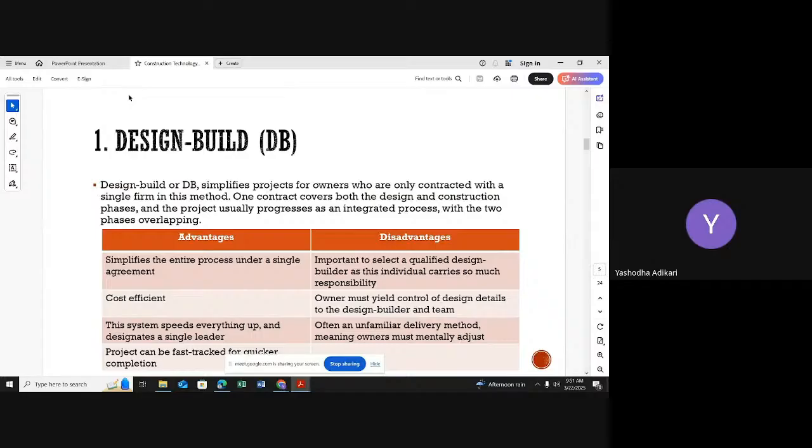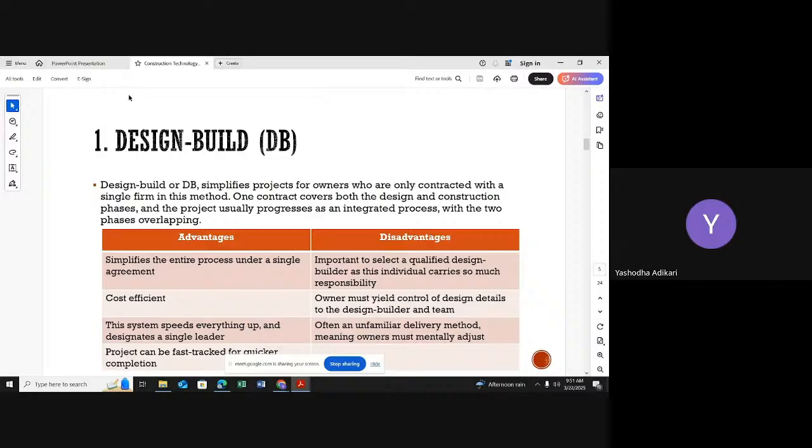Imagine I selected a person only for the design part. That person should do the design part. After completing the design 100%, I want to connect with another person for the construction activities. If I follow that path, definitely I know I can't complete my project on time. Completing the design to 100% takes some time. Because of that, it is very difficult for me to complete my project on time.